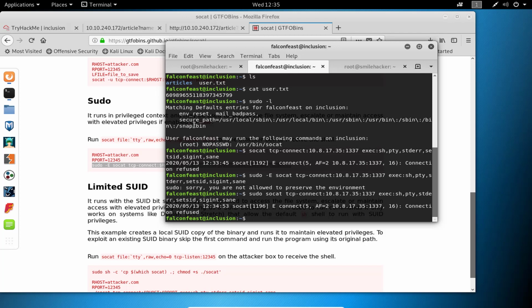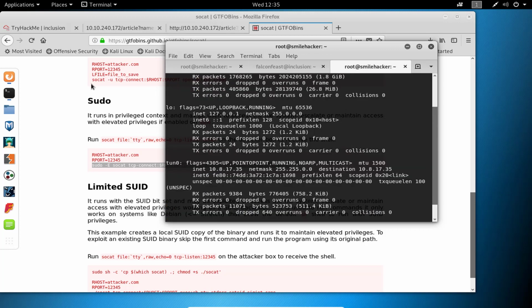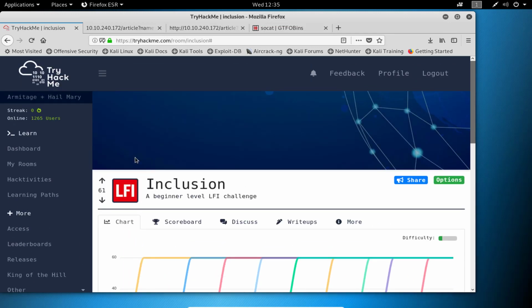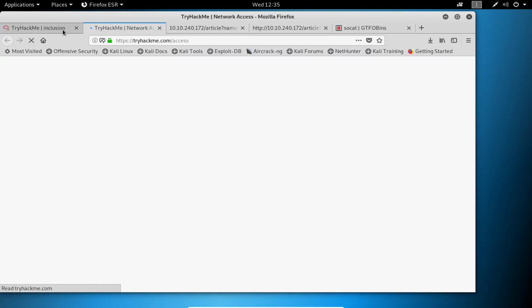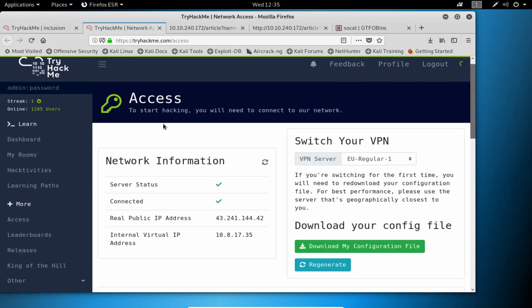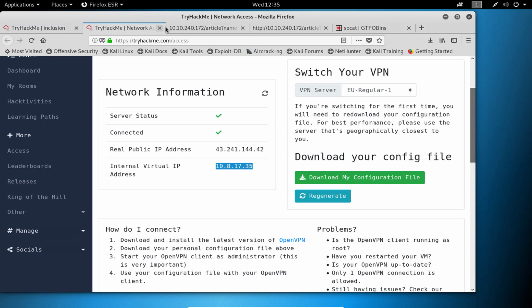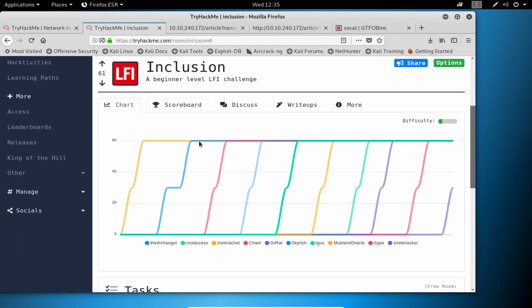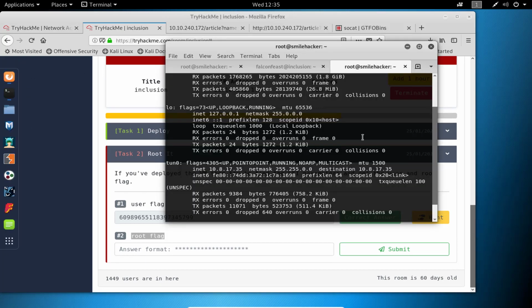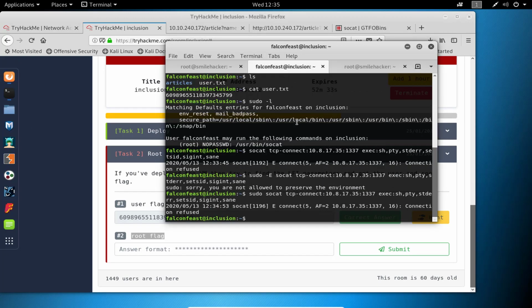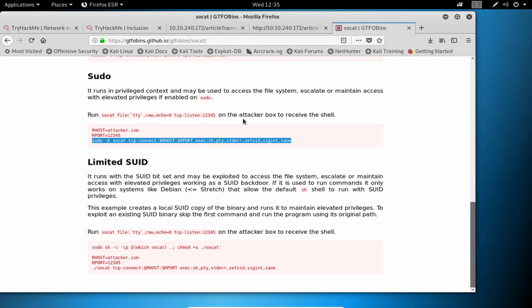So it is my own machine. Let me check ipconfig, what is my IP.